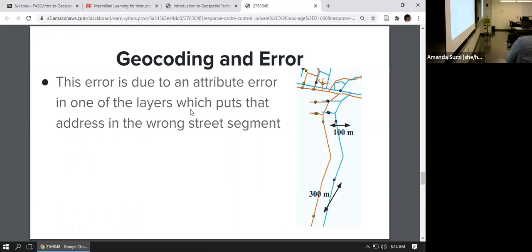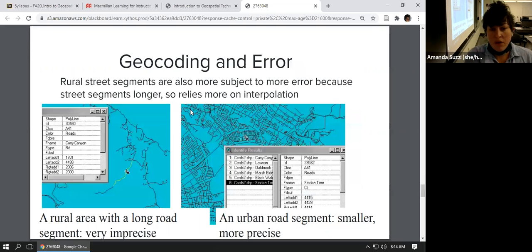And then this is another example of an error where it'll put the address in the wrong street segment. So not only is it shifted because someone didn't do a great job geocoding, but it also probably didn't have attributes underneath. This looks like an old rural road, so it didn't know which block was the thousands block or the hundreds block. As you can see here,